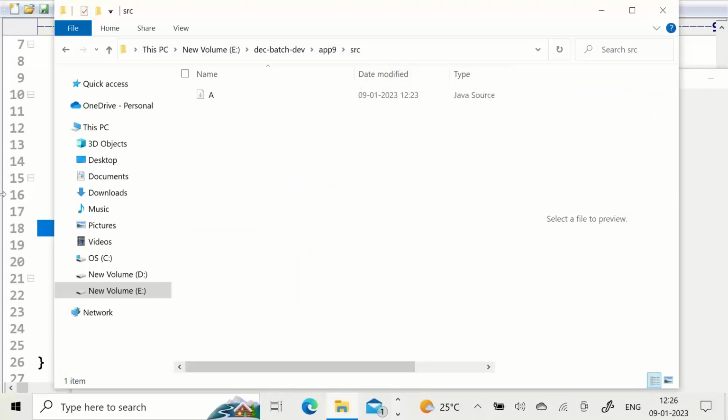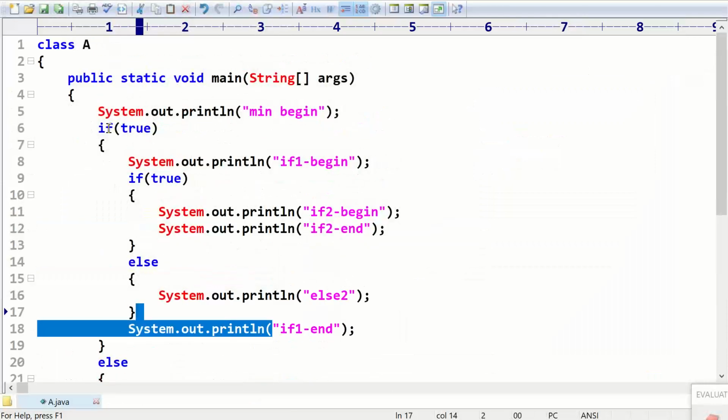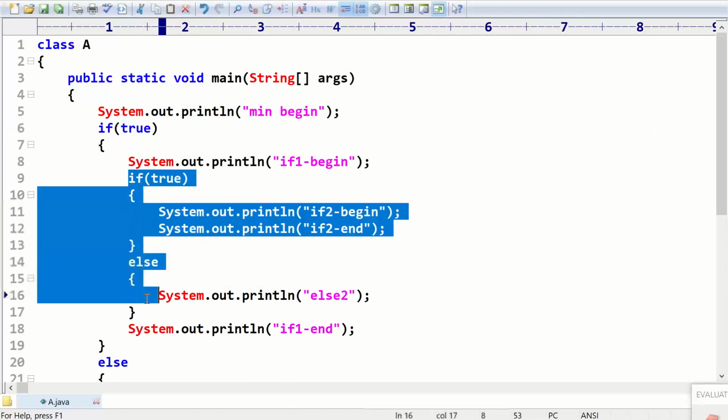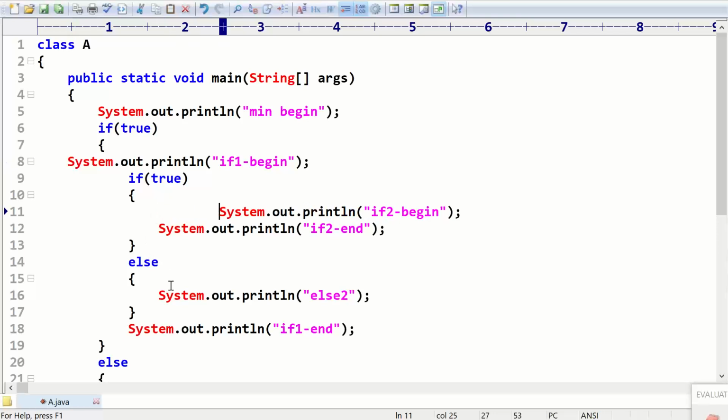In the body of the if block, there is a nested if else. Observe everybody. Some people are developing a program like this. This way of development is very discouraged. If I see any system with this way, not following